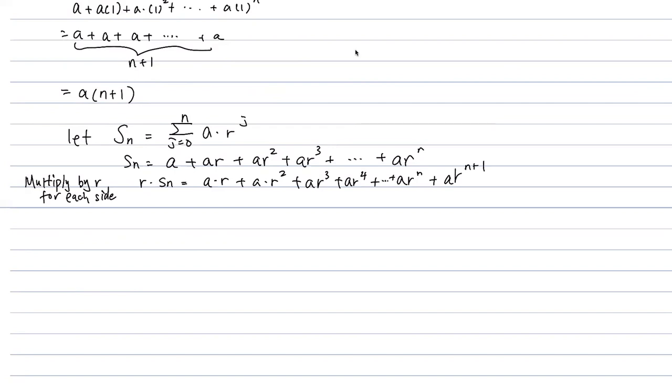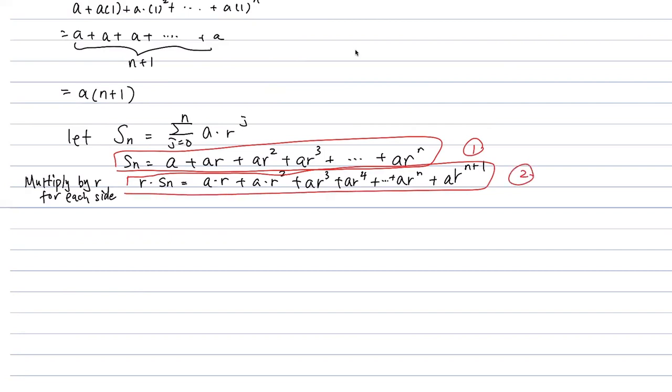The reason I'm doing this right here: I'm going to call the first equation equation 1 and the second equation equation 2, and then I'm going to do 2 minus 1, the second equation minus the first equation. If I do that, now my ar and ar will be canceled, ar squared and ar squared will be canceled, ar cubed canceled, and all the way to ar^n and ar^n canceled. The only thing left will be ar to the n plus 1,